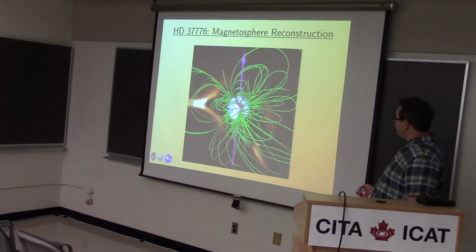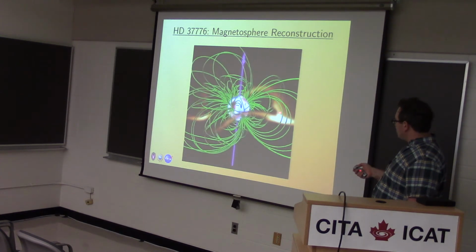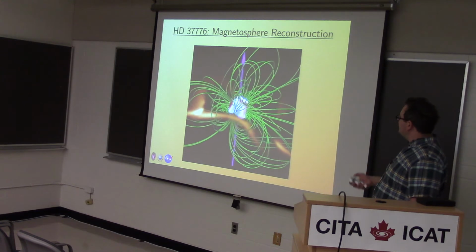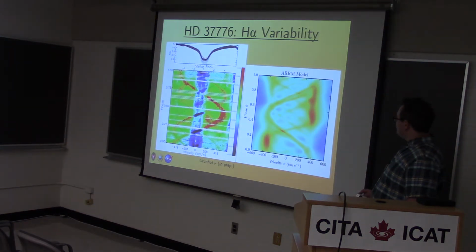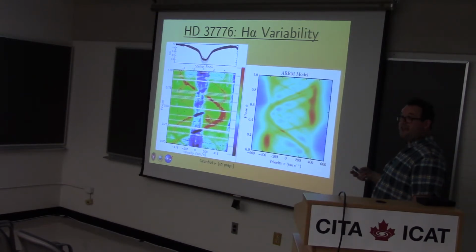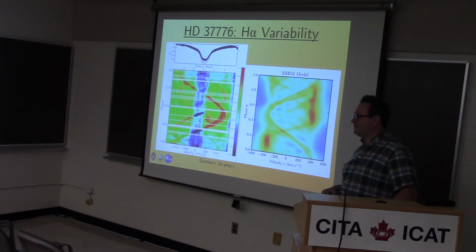And you can see the magnetosphere is a lot more complex. Rather than an oblique disk, it's now more like a corrugated, wavy ring, and it's pretty messy. And it leads to pretty messy H-alpha variability. This is the dynamical H-alpha spectrum as observed, and this is as predicted by the ARM model. So this is the same rigidly rotating magnetosphere model, but the A stands for arbitrary. The original RRM model was for a dipole field, whereas this is for arbitrary field topologies.